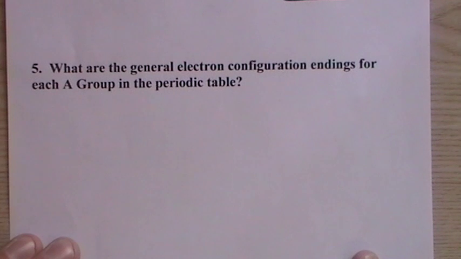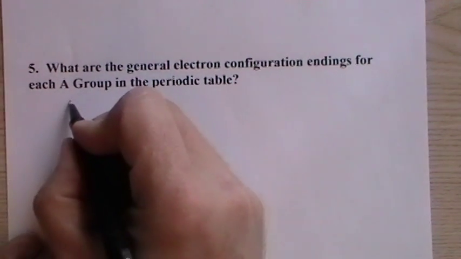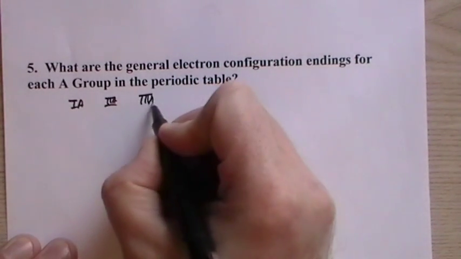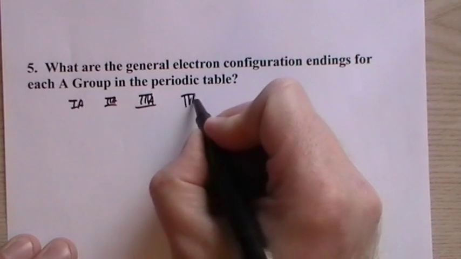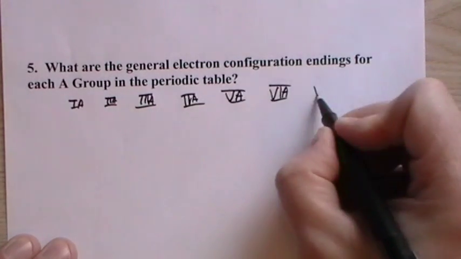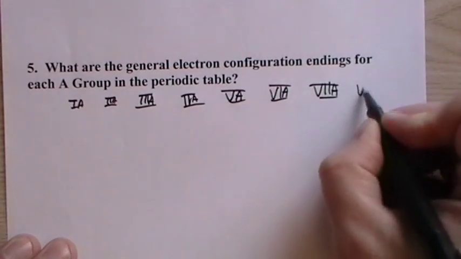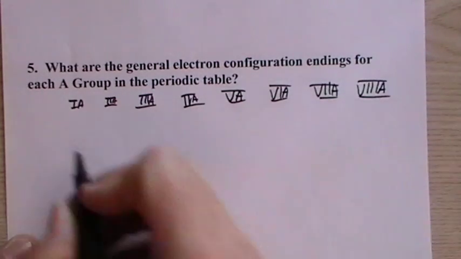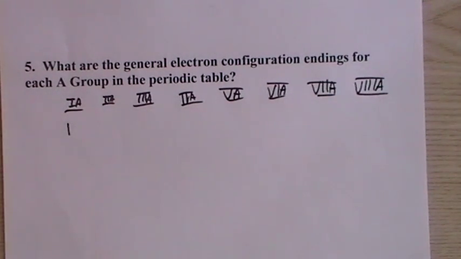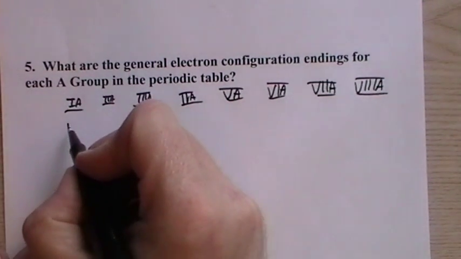So what are the general electron configuration endings for each A group? So let's just zoom out, 1A, 2A, 3A, 4A. I'm trying to make these larger. Always torn. If I make it too large, then they won't fit on the page. Make it too small, you can't see it. So this one, the ending is, do they use ends? Yeah, they just use